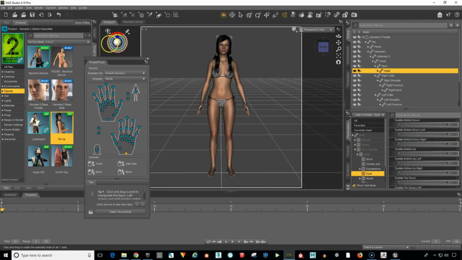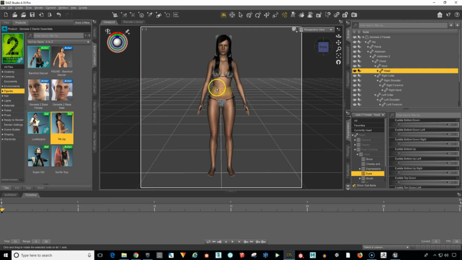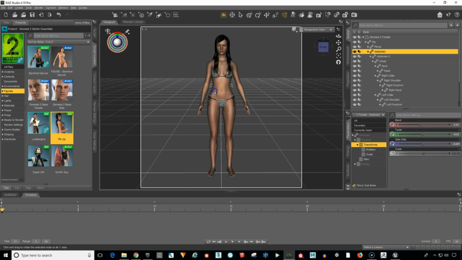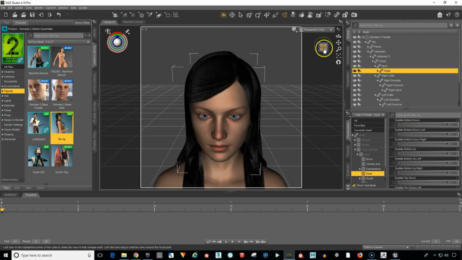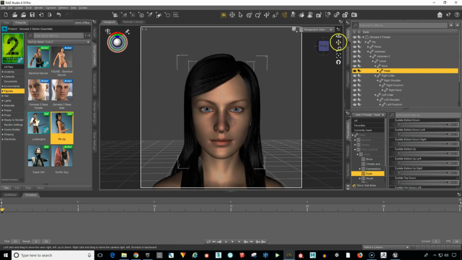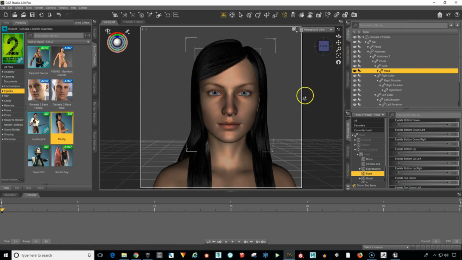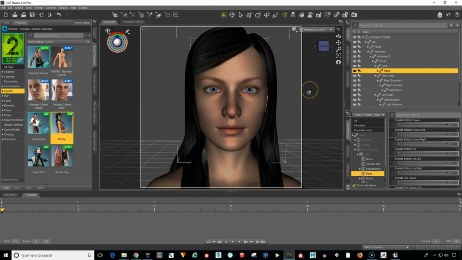If you want to pose her head, just click on it. We can move the head around here. Okay, so now we have her in a neutral position. And the next thing we want to do is go ahead and select the head and then come over here to this icon. And we're going to zoom into her face so we can get a really good look at the expressions as